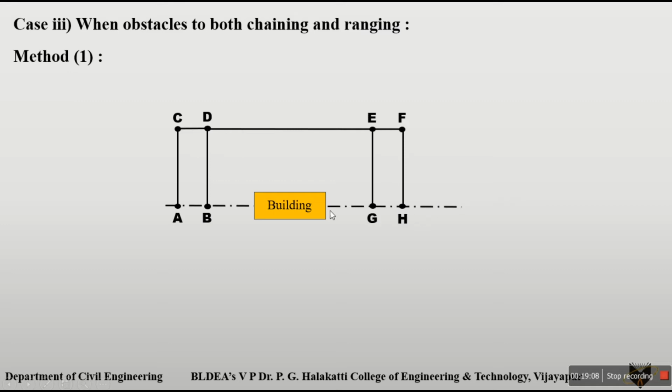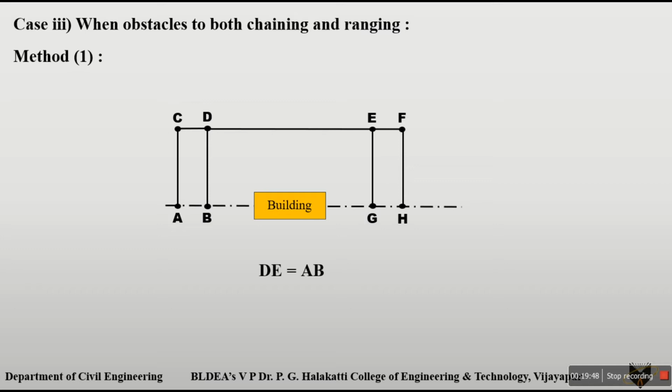So again, it will be a continuation, meaning whatever chain line is along the straight line. Okay, the one obstacle is clear now. One more is there: the measurement of the distance of B and G. Okay, you can directly measure the distance of D to E, that is equal to the distance of B to G here. Very simple method. You just have to measure the distance of DE, and that length will be equal to the distance of B to G.